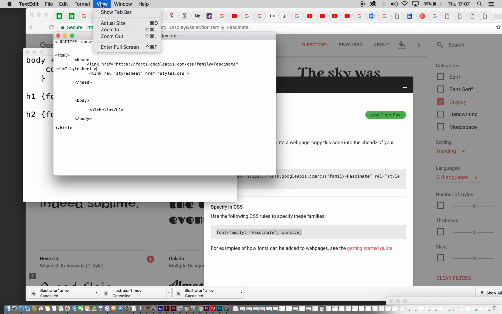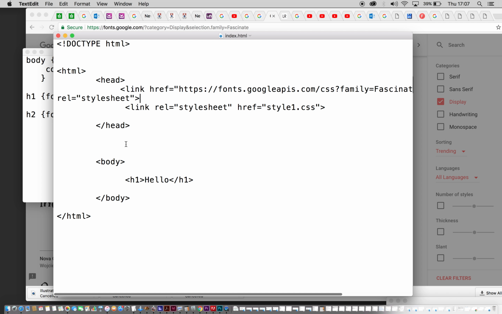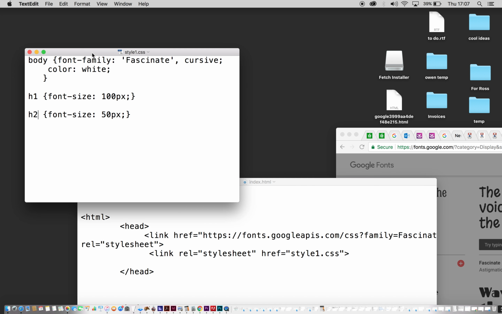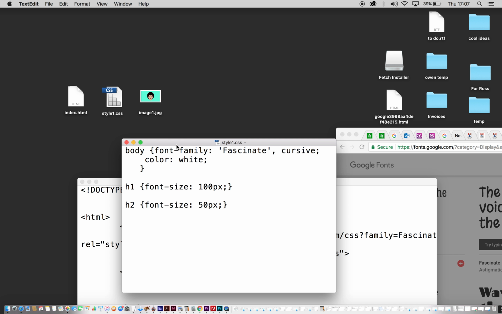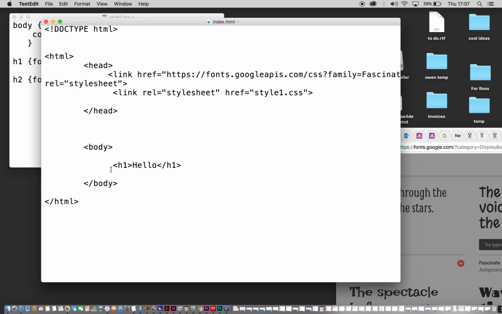Now, back to our HTML page. I'm just going to view, make it a little bit bigger. Zoom in. Okay. Now, a few minutes ago, I put an image on the desktop, and the image is called, same as in class, image1.jpg. Okay. So I'm going to call up that image now. I'm going to call it up in the body,